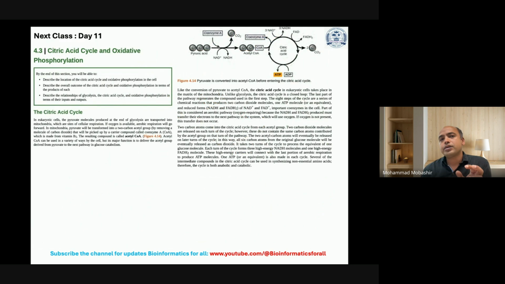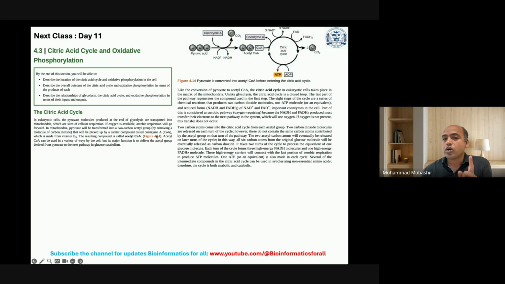There are other such processes called the citric acid cycle and oxidative phosphorylation. In the citric acid cycle, in a eukaryotic cell, the pyruvate molecules produced at the end of glycolysis are transported into mitochondria, which are the sites of cellular respiration. If oxygen is available, then it is aerobic respiration. So here come the terms aerobic and anaerobic respiration. In mitochondria, pyruvate will be transformed into a 2 carbon acetyl group by removing a molecule of CO2, which will be picked up by